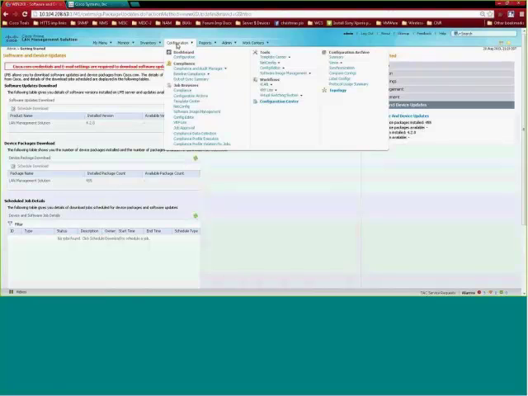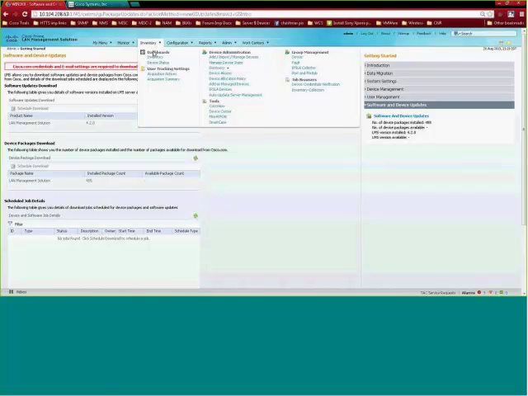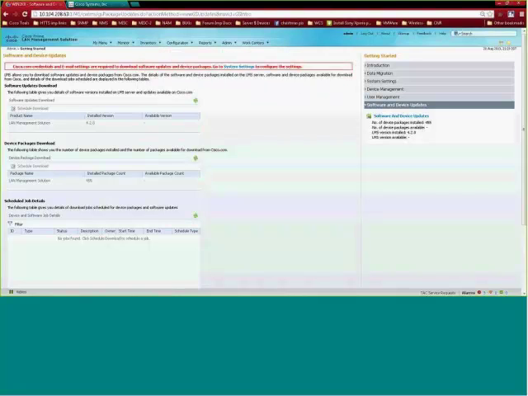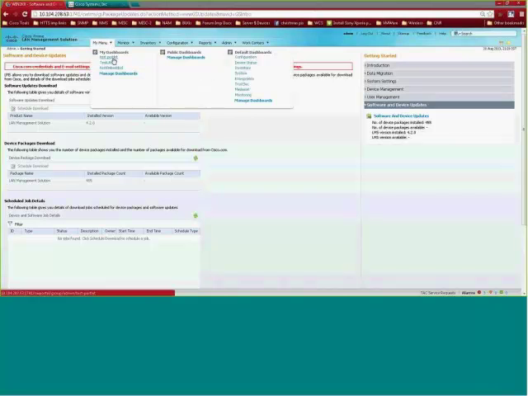Configuration, which is responsible for configuring the devices. Inventory, which is responsible for adding or importing or doing the inventory management for the devices. And in my menu, we can have different